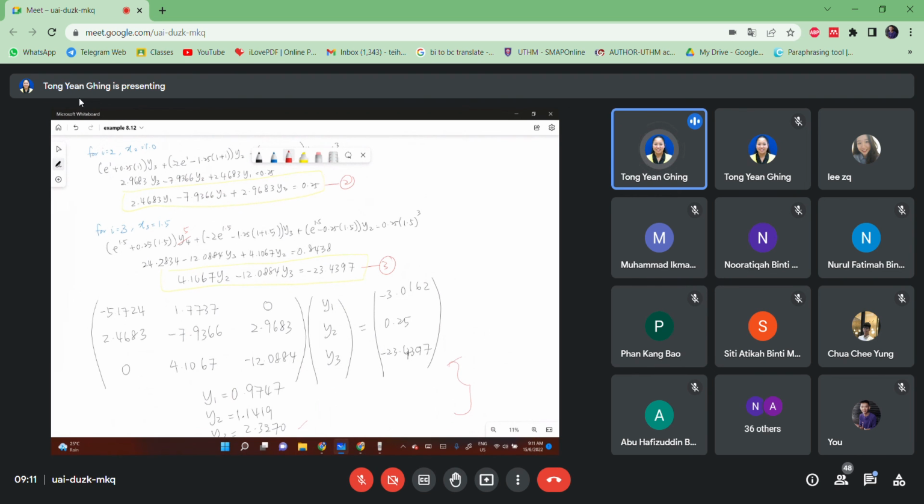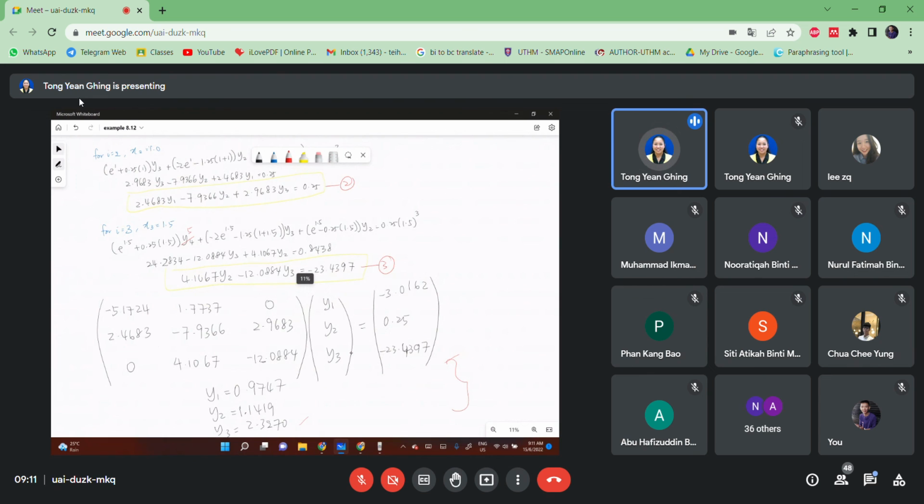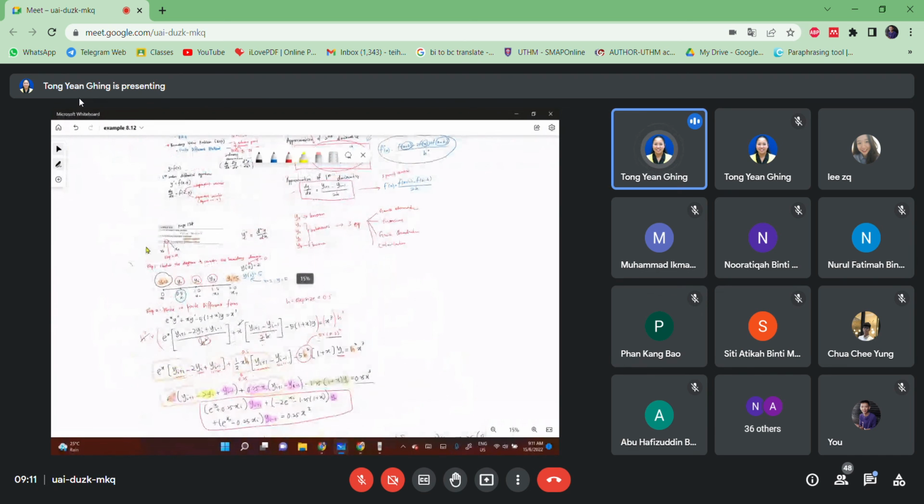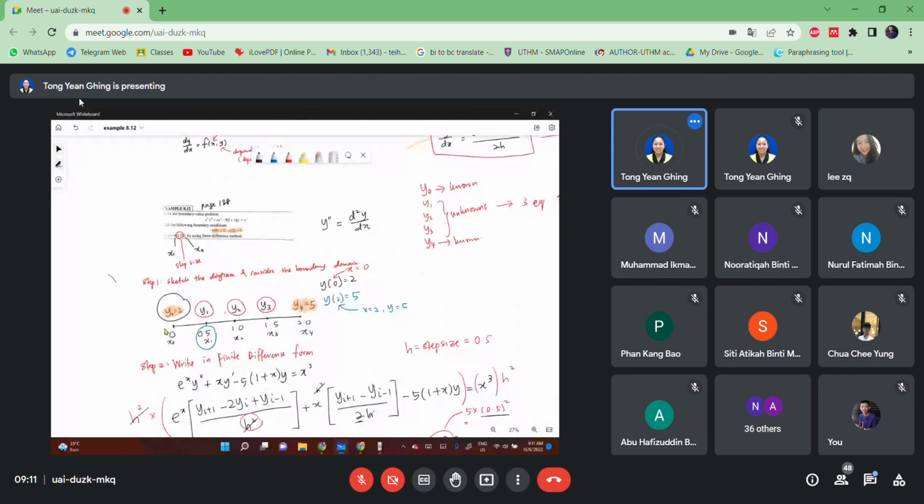So what you need to know is the first one. Okay, you have to get for the BVP, the first one, you have to know the first value, initial value, and then the last value of y. So normally, it will given the first y and the last y. And then you have to find the middle. And then you have to know each of the x, the value of x, based on the step size.